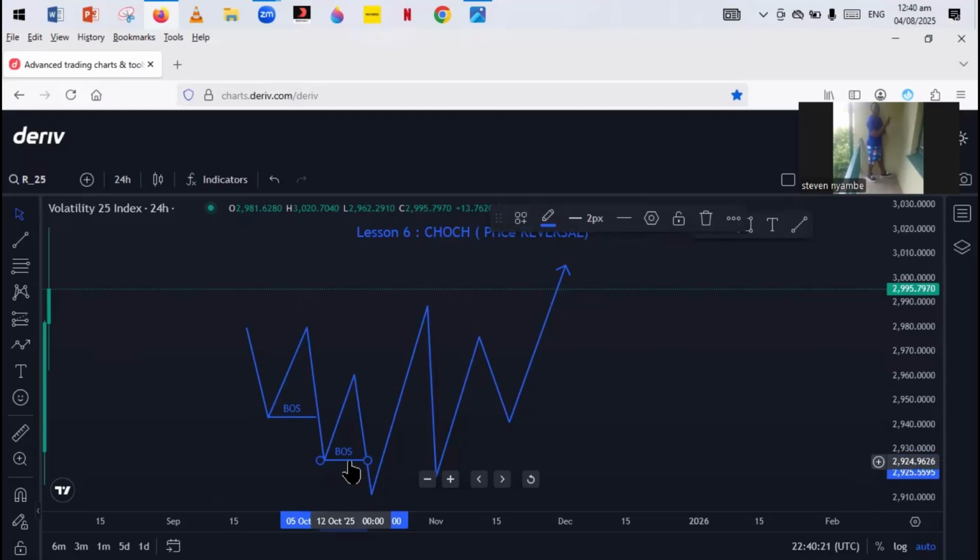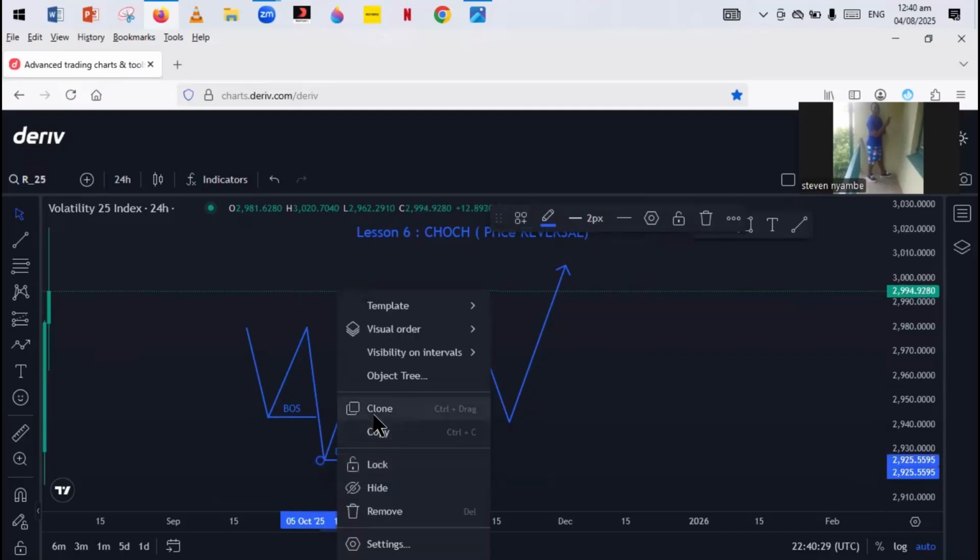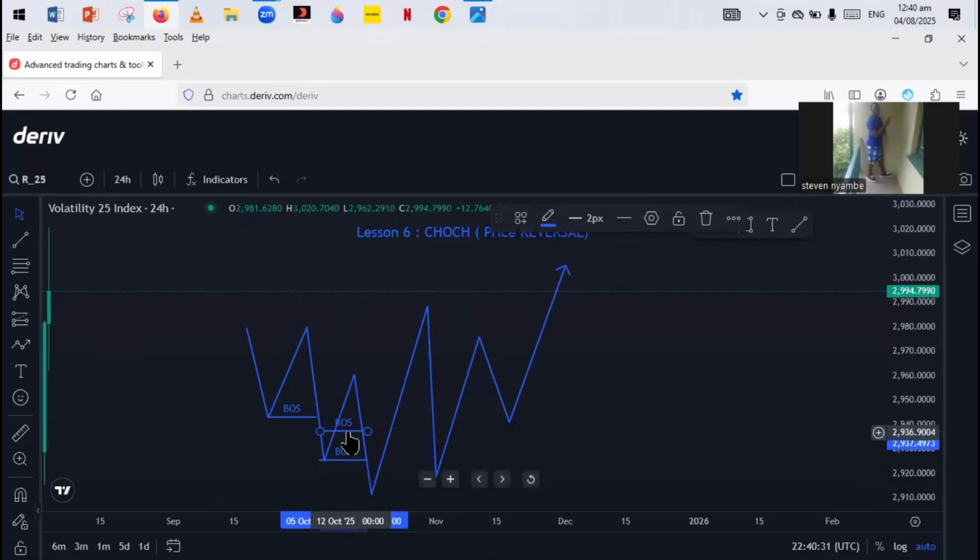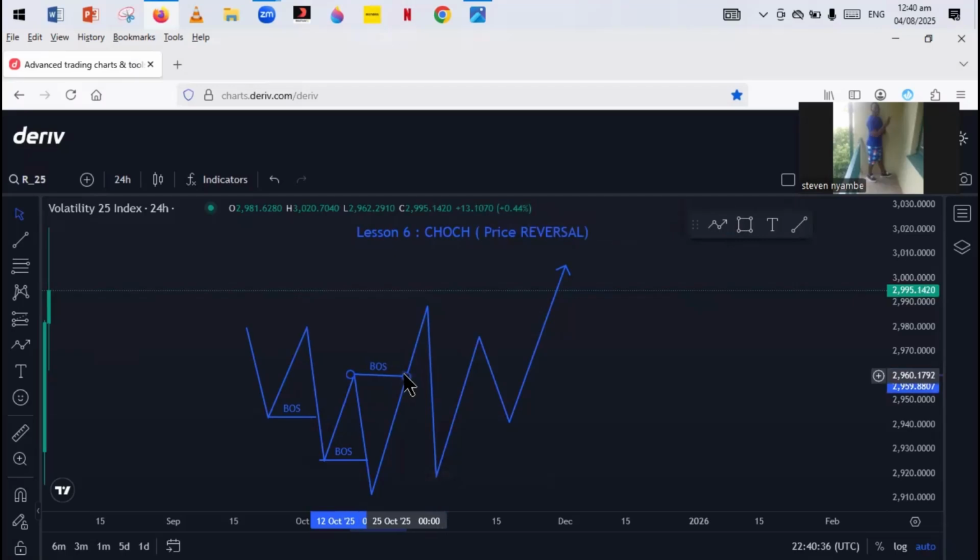Now, the moment price breaks that lower high, that is a sign that price is about to reverse. So that is a change of character. It's an indication that price is reversing. Now, when price breaks that lower high,